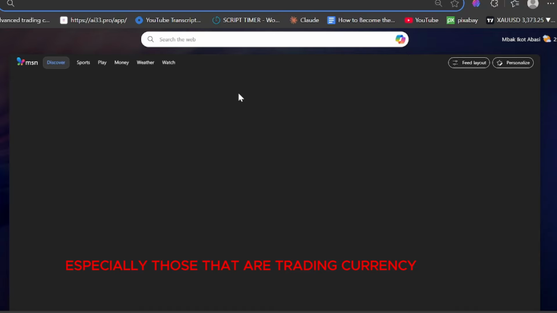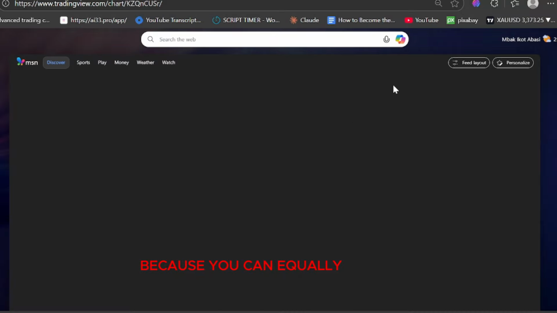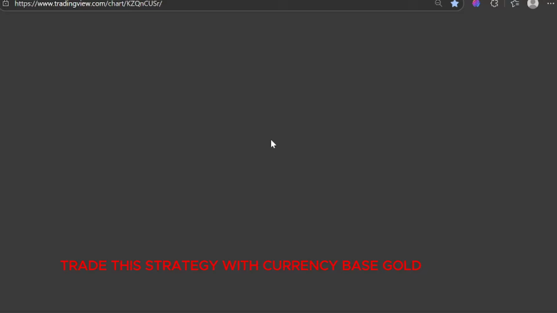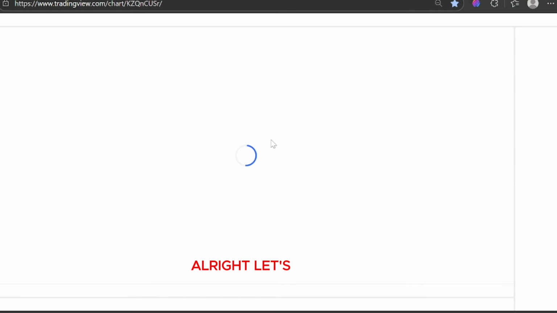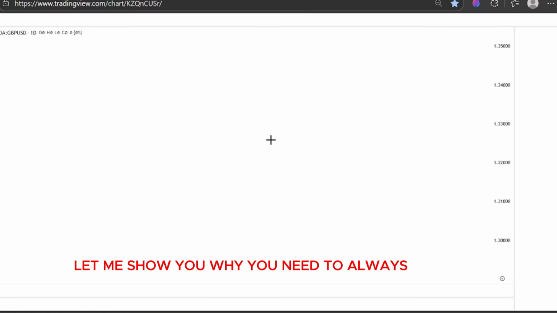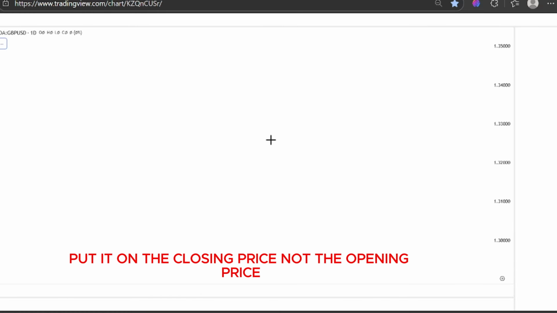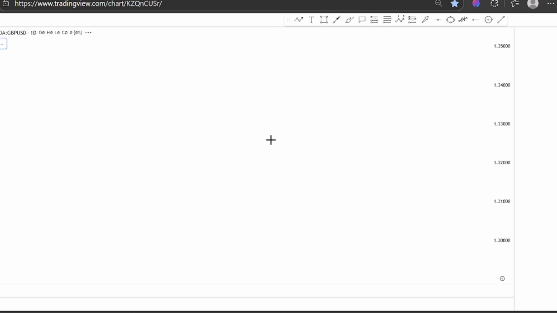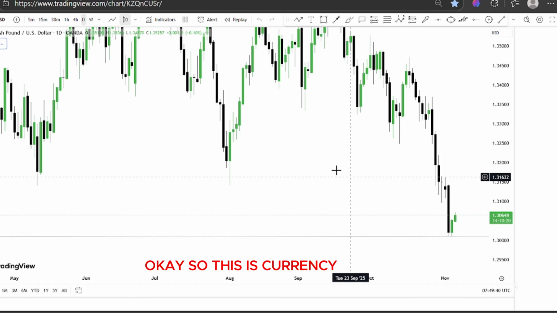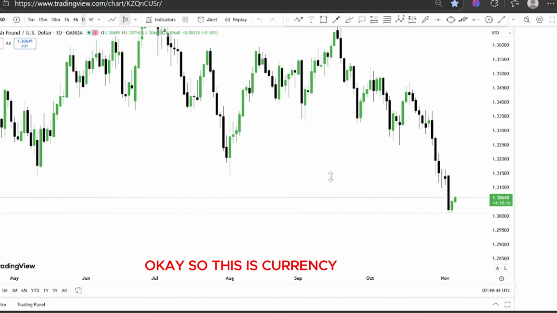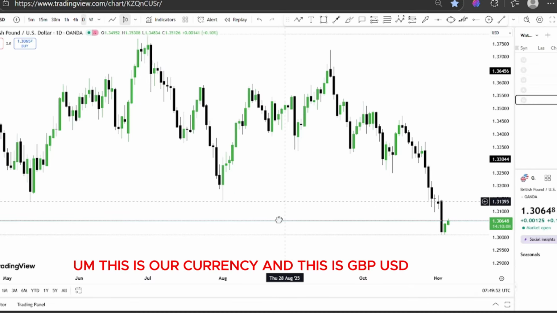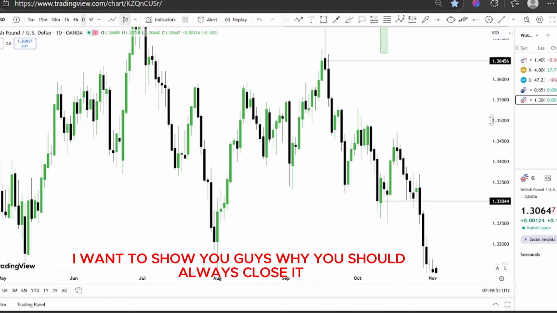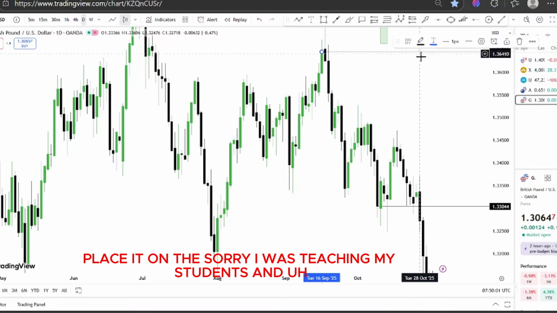Let me show you, especially those that are trading currency, because you can equally trade this strategy with currency pairs, gold, crypto, anything at all. Let me show you why you need to always put it on the closing price, not the opening price. Okay, so this is currency. This is GBP USD. Now, I want to show you guys why you should always place it on the